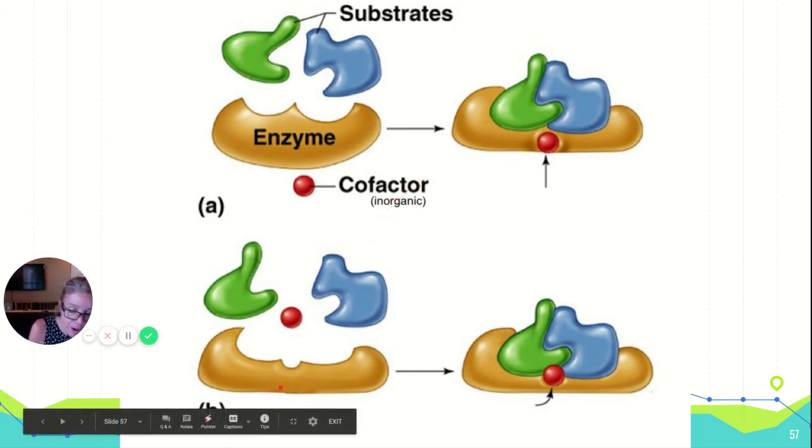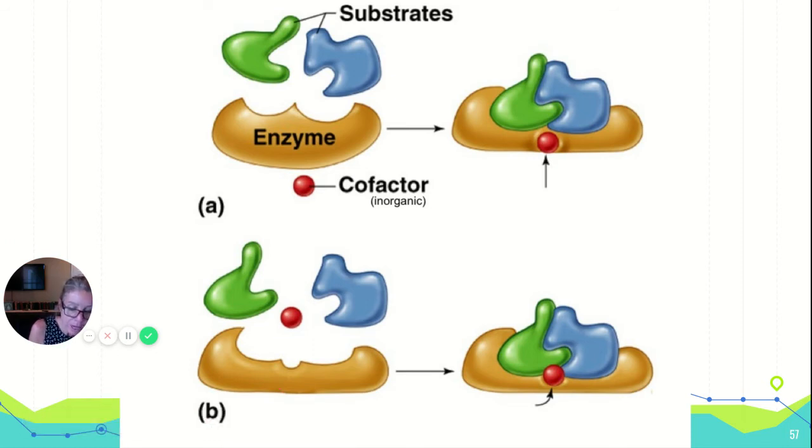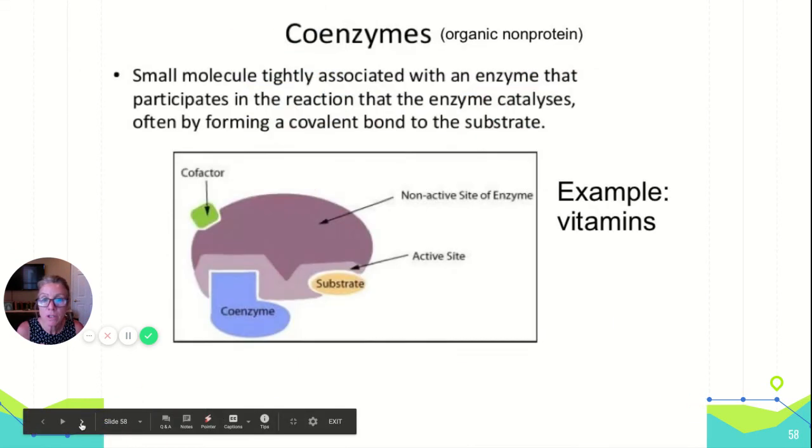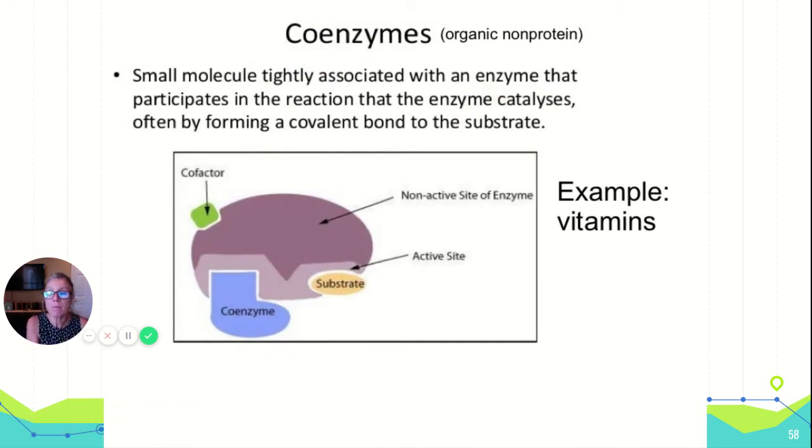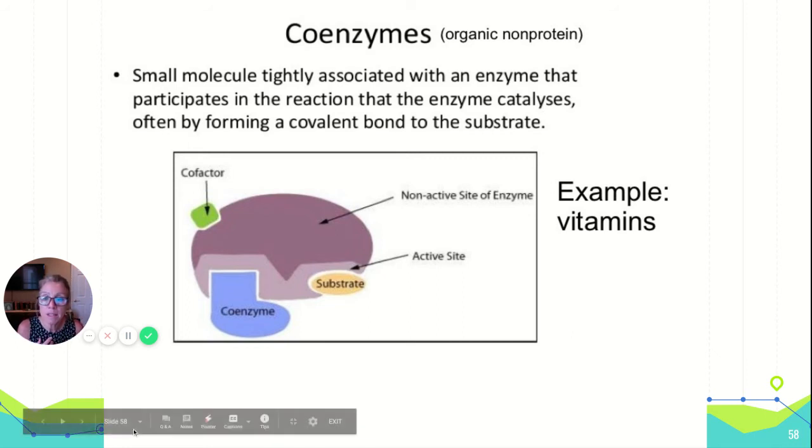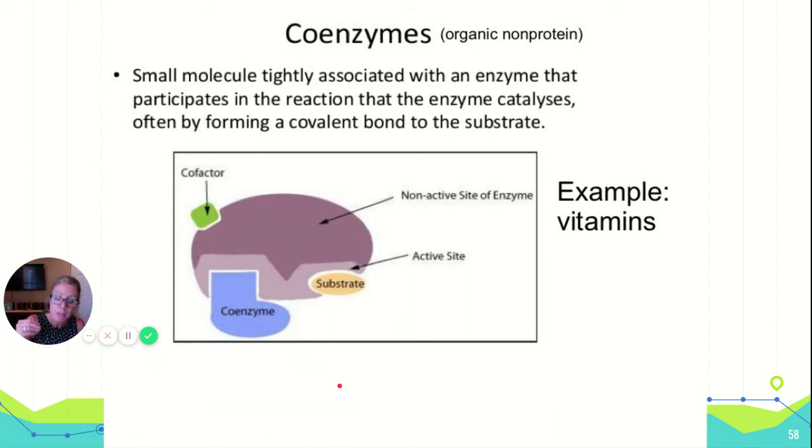So enzyme cofactors and coenzymes. Cofactors are an inorganic ion, for example, like zinc or iron, an inorganic ion. Coenzymes are still non-proteins, but they are organic. So I misspoke just a second ago, sorry. I think I said vitamins on the slide before, forgive me. Coenzymes are small molecules tightly associated with an enzyme that participates in the reaction, often by kind of binding with the substrate as well. So in this case, when you have vitamins, and that's why you need vitamins in small amounts, because your enzymes can be used again and again,